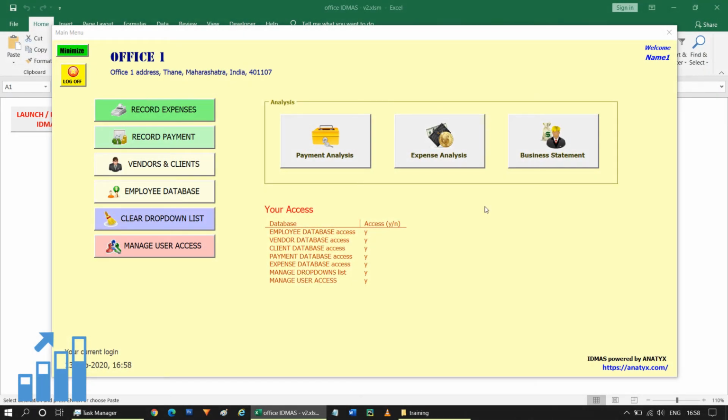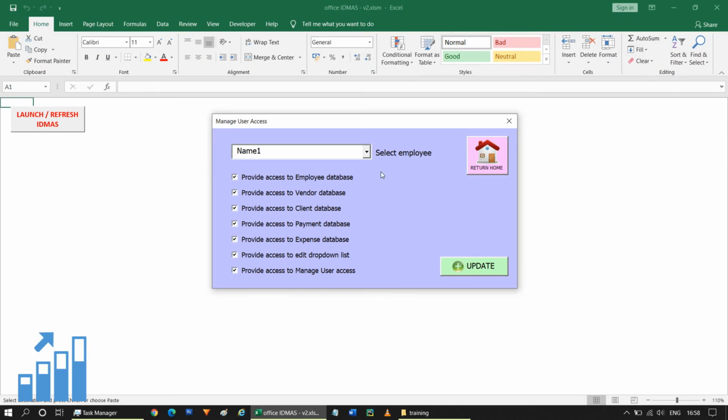Hello friends, in this video we will see how you can manage user access through IDMAS. For that, in the main window, in the main menu option, you need to click on this button which says Manage User Access. Once you click on Manage User Access, another form opens up